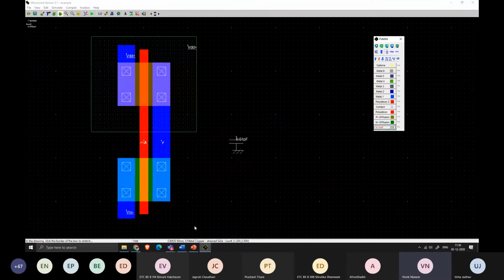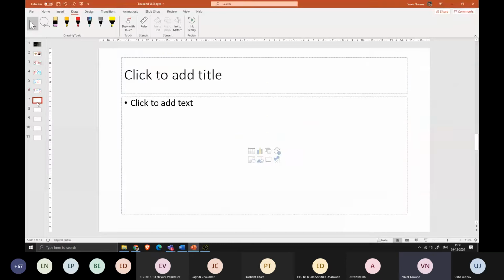Now what we will do is only one more design, that is your NAND design, and we will go with our procedure, and that will be the last design which we are going to do manually. Later I will show you the demonstrations. Okay,